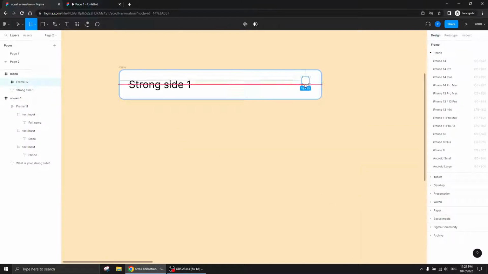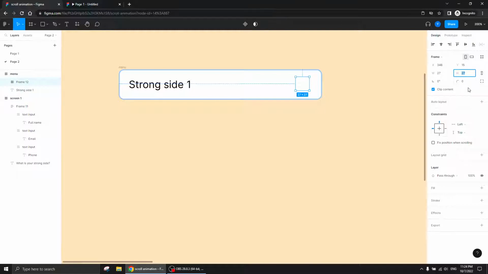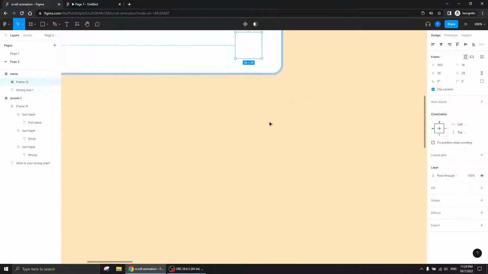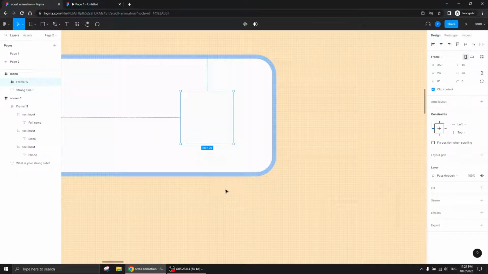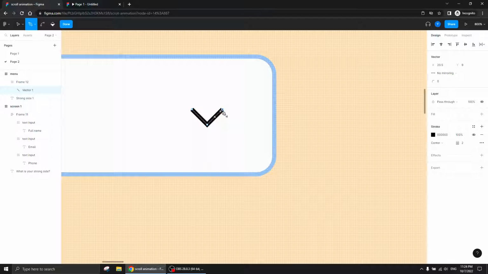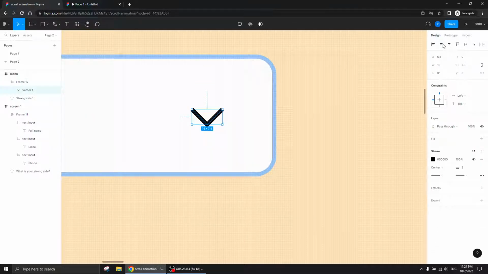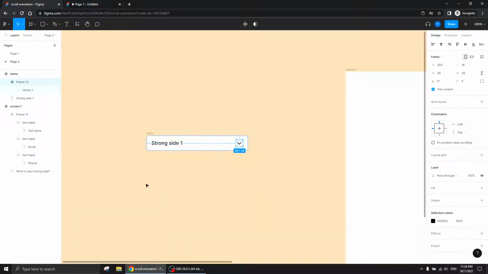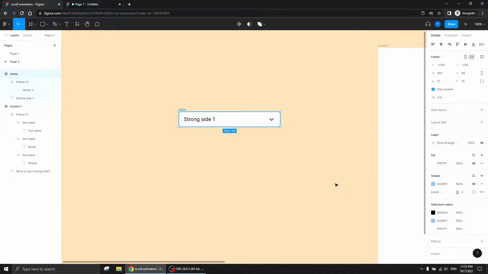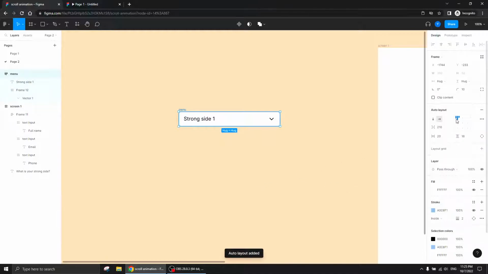And let's give it something like that, where I'm going to place my icon. I'm going to do it really quickly, something like that. And then we can just align it to the middle. And this one is going to be an auto layout,